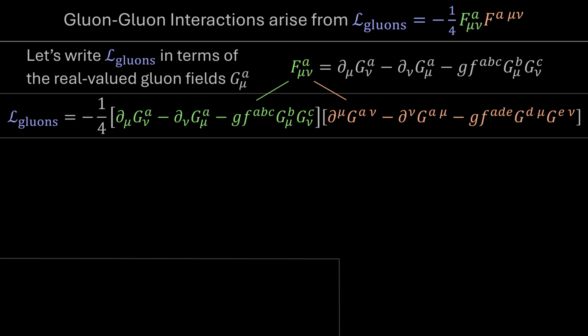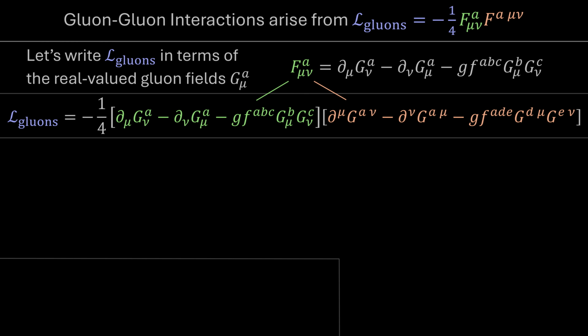All right, so all we've done here is substituted F into the definition of L gluons, being mindful of the downstairs and the upstairs spacetime indices so that the whole thing contracts properly. Now, another thing we have to note here is that on the right side of the expression, we have the indices A, D, and E on the SU3 structure constants, and the indices D and E on those gluon fields. The reason being that if you look in the definition of the real-valued field strength tensor, you find that for the 8th index, you end up with the derivatives of the 8th gluon field, but then minus this combination of all the other gluon fields.